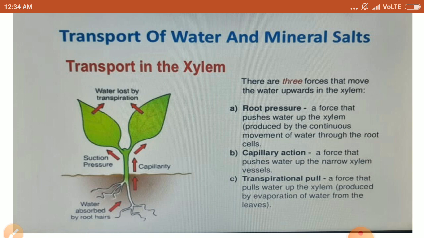It is generated in the leaves, which pull the water column filled in the xylem tracheids and vessels. As transpiration takes place from the leaves, it creates a suction pump, so that it creates a column into the tracheids and vessels, so water moves upward. It is just like a pumping system which pumps the water in the upward direction. Thus water moves into the plants.